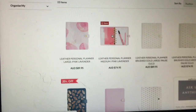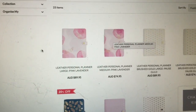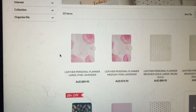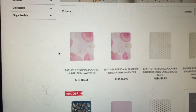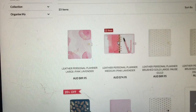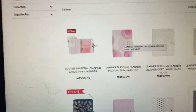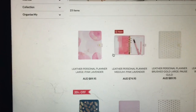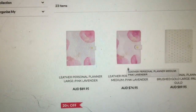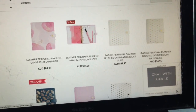It's almost like they're taking from the trends of it being the Pantone color of the year. This is totally designer nerdiness, but it's rose quartz and serenity that are the Pantone colors of the year. And this is, like I said, design knowledge. But these just came out, and I'm sure that they're going to go pretty quickly. People in the planner community have started to scope them out. I thought these were really, really pretty, but,